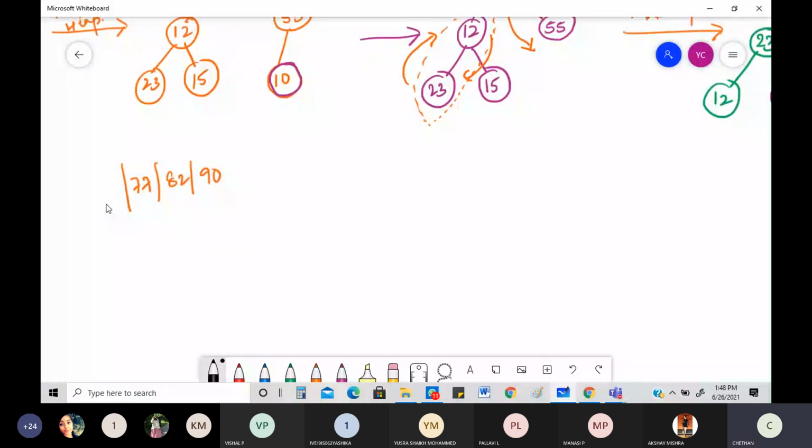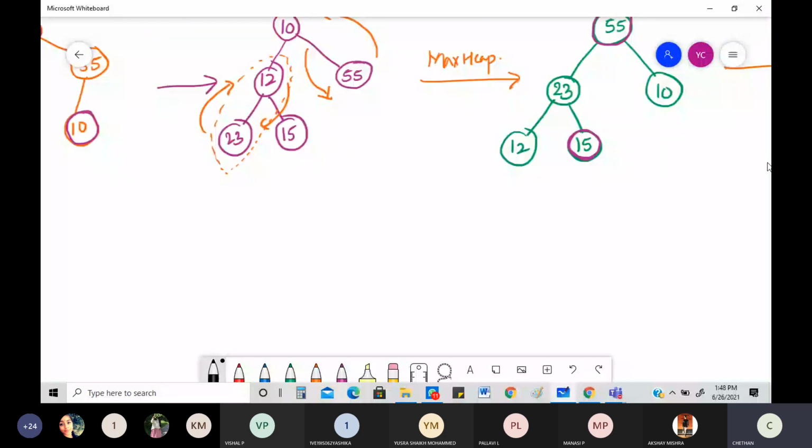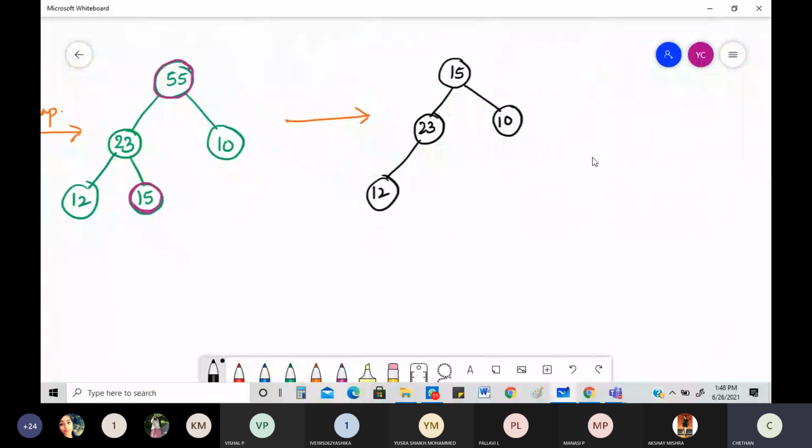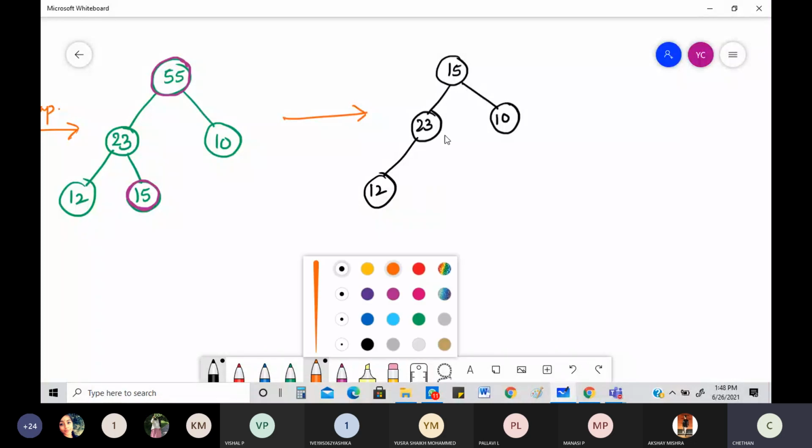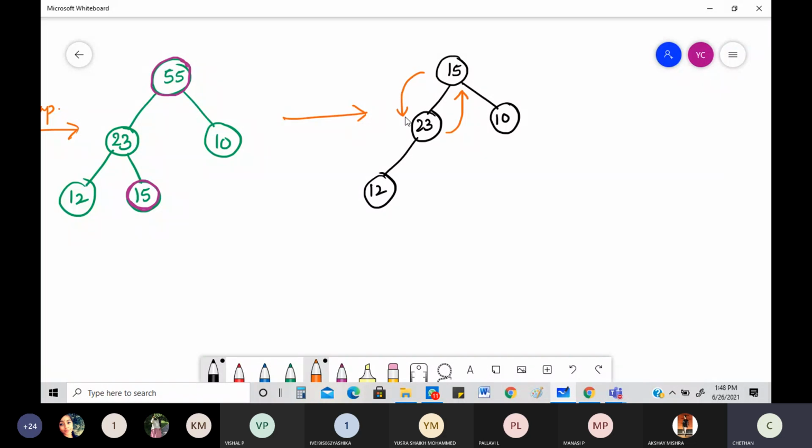Okay. So like this, you are going to keep on adding numbers to there. Now again, I'll go back, look into this. We got my 15, 23, 10, 12, everything. This is what I got. Now again, check. I need to do the maximum heap of this because you can see very clearly 23 is bigger than 15. So this should be coming right here.